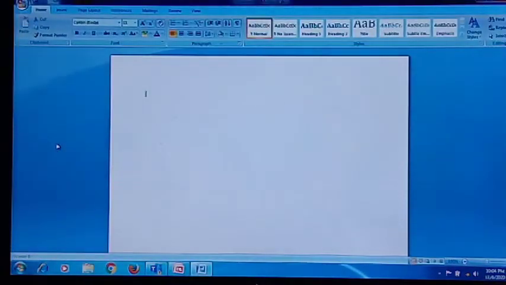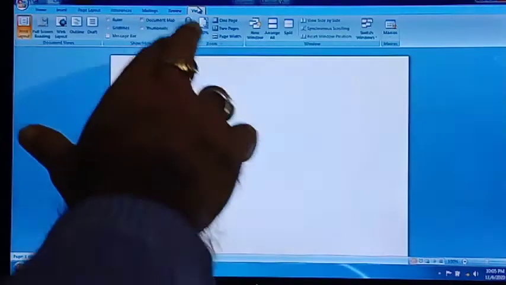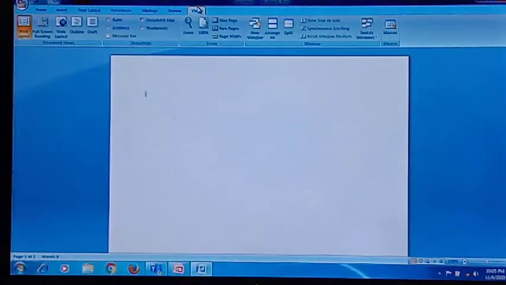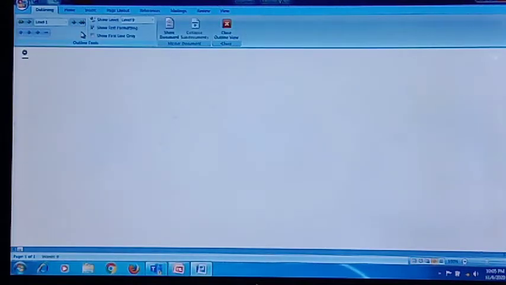Once you click on Microsoft Word, start typing something. What you have to type is on page number 49, figure 5.10. You have to type that in MS Word. Type the text as shown in figure 5.10. First open Microsoft Word and click on the View tab. After clicking on the View tab, click on Outline in the document view. Once you click the Outline button, it will be shown like this.